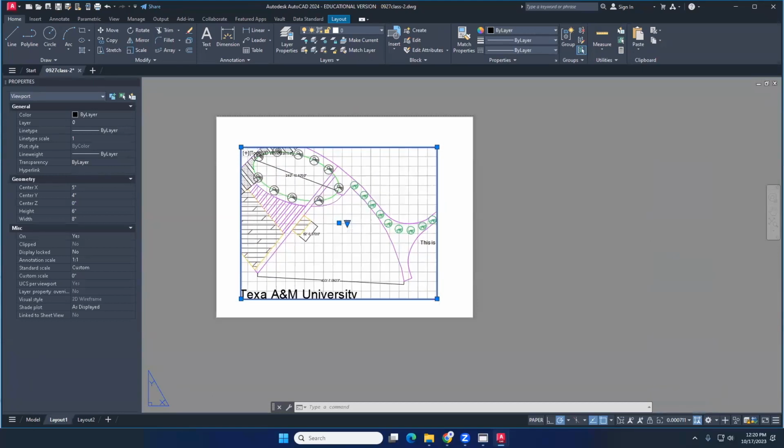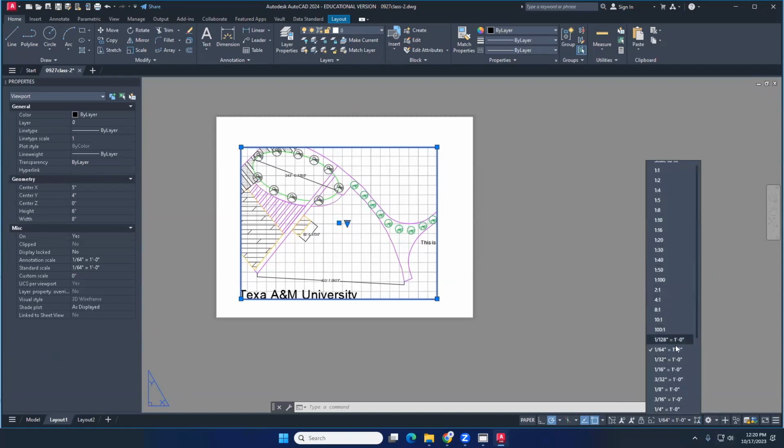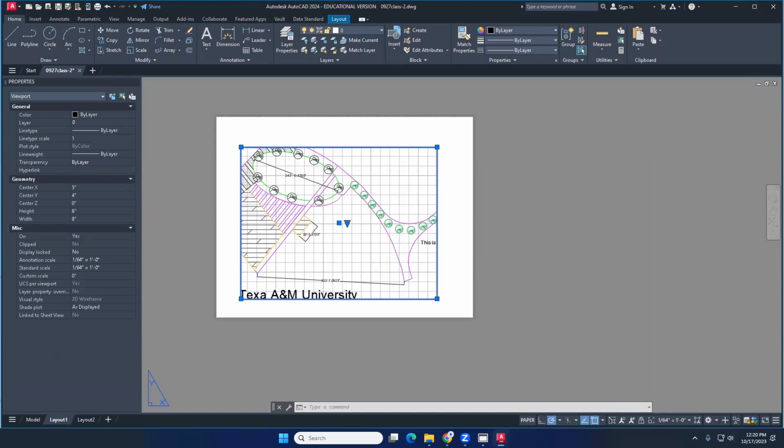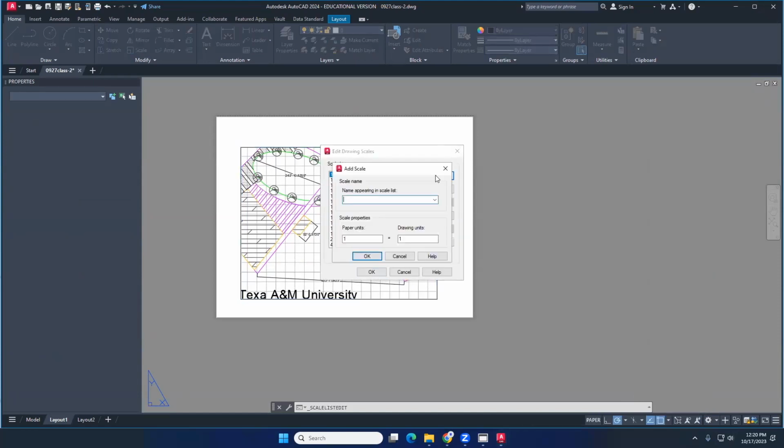1/64. If I click this, it becomes bigger. But it's not like 1/80. So what I do is I create my own. Basically I click custom, I click add, I just say 1 inch